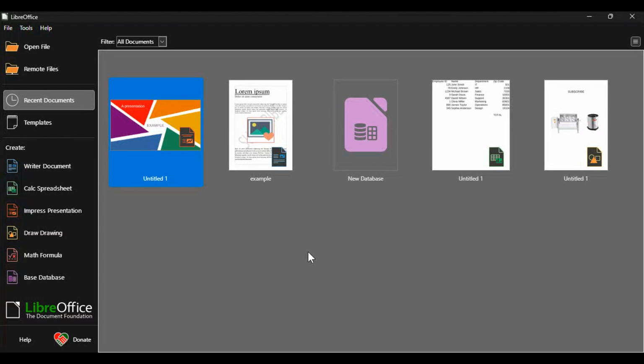If you want to make your spreadsheet easier to organize, one simple trick is changing the sheet tab color in LibreOffice Calc. In this video, I'll show you exactly how to do it step by step, so you can quickly color code your sheets and keep everything neat and easy to find. This is a really helpful feature if you work with multiple tabs, different projects, or separate sections inside the same